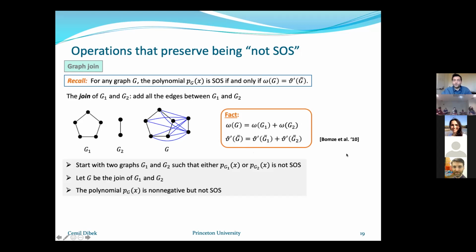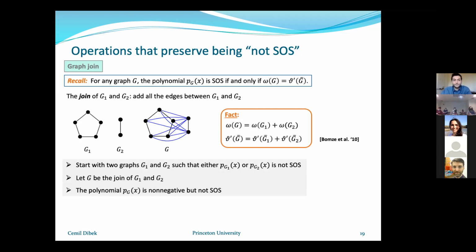So then what we can do is the following. We can start with two graphs, G1 and G2, such that for at least one of them, let's say G1, we know that P_G(x) is not SOS. Then do the join, and the claim is that the join again will not be SOS. It's easy to see: if there is a gap between the clique number and the Schrijver number for G1, so if this is strictly less than this, well, this is always less than or equal to this, then if you go to the join, you will see that this is strictly less than this. So there will be a gap,